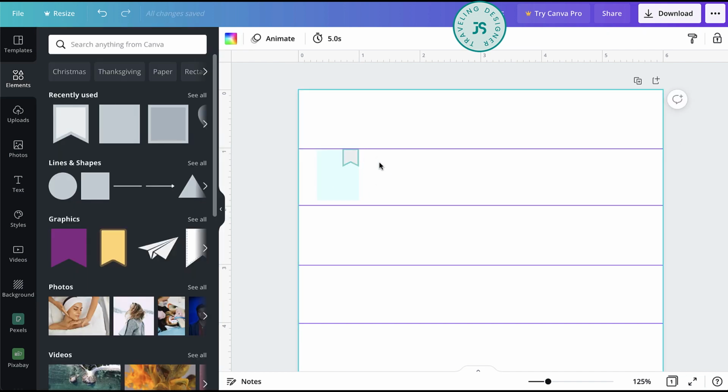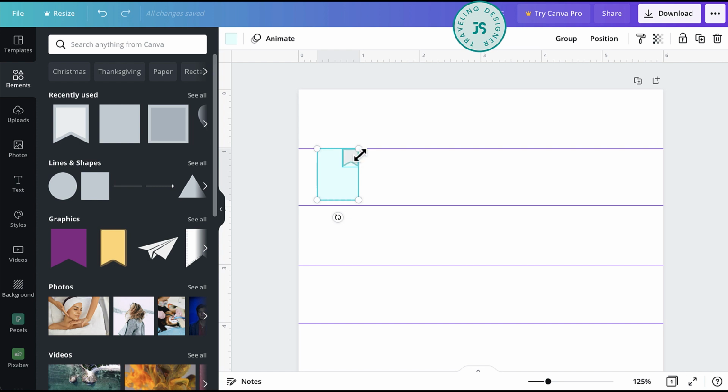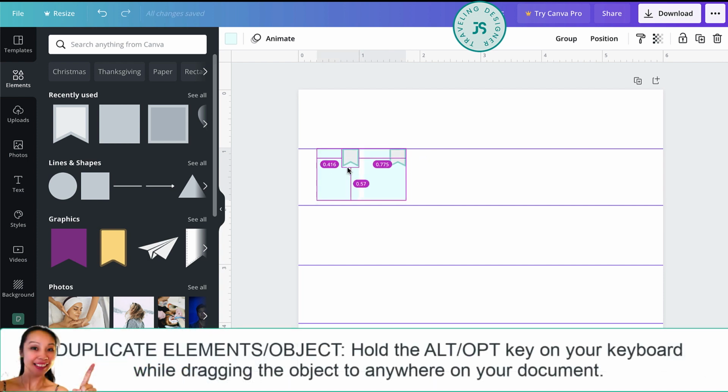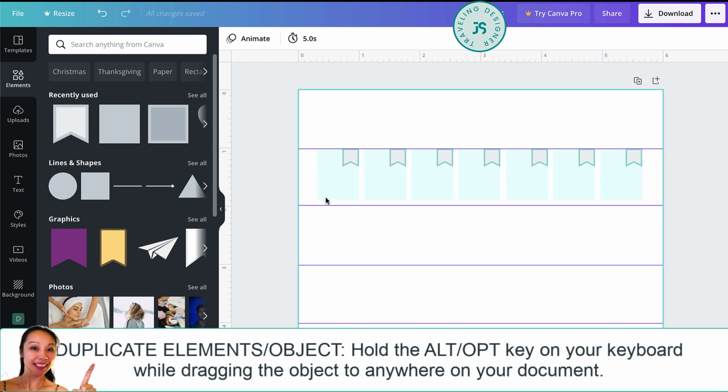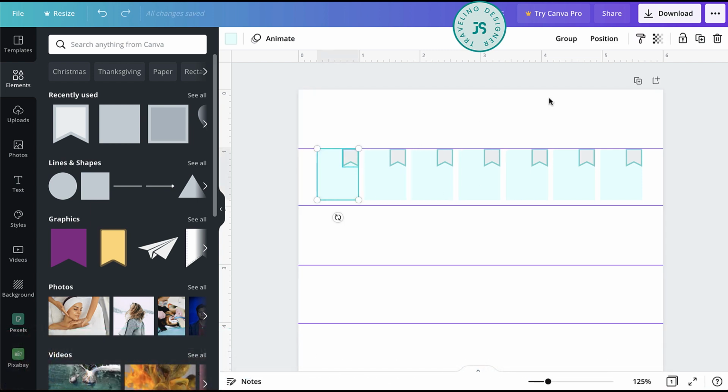Now that I have this, I can highlight both of them, and then while holding Option or Alt key on my keyboard, I just drag it. This, and 3 more. There we go. They're all spaced properly. If not, if for example your spaces here are not equal to each other, you can always group all of them